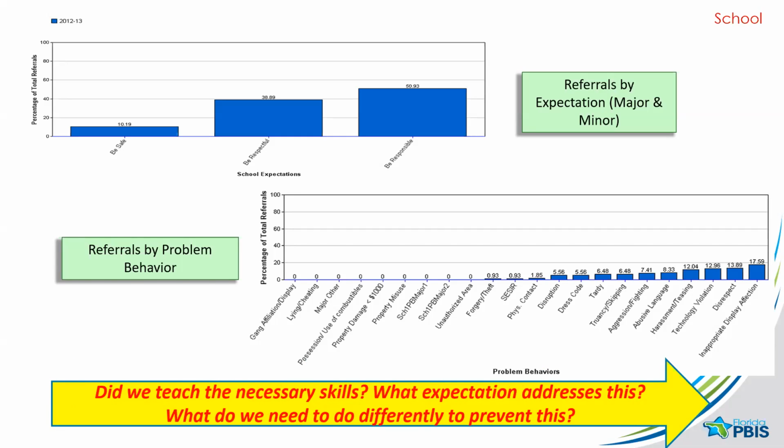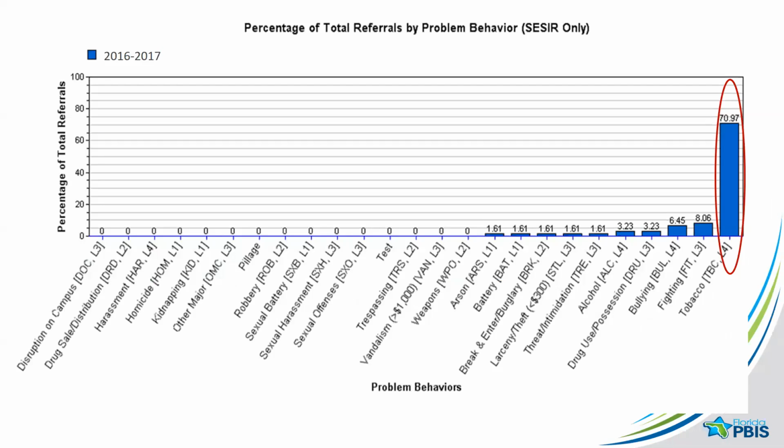We can also look at our CESAR events and look at not just the major or minor kinds of referrals that we get at the school level, but we could also look at high incidence, crisis management kinds of issues, or otherwise no tolerance behaviors that we need to address. So here at this school, the majority of the referrals are related to specifically tobacco. And so that could be a place where this school realizes, we really need to dig into where the tobacco use is occurring on campus and begin to make some environmental changes in those locations to prevent further tobacco use during school hours.